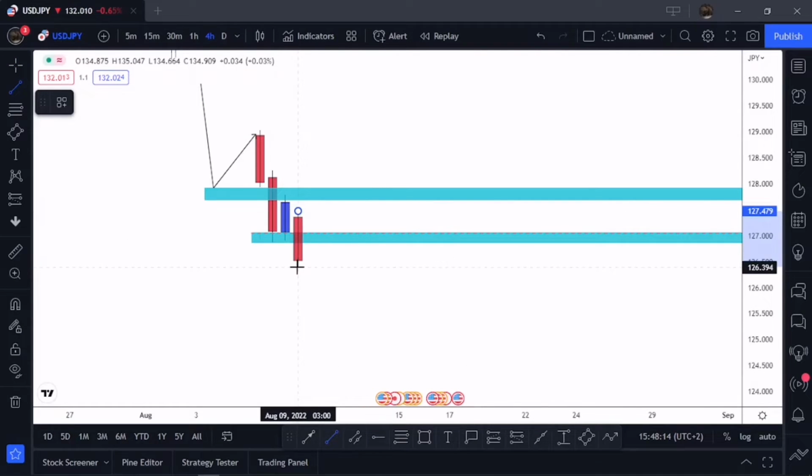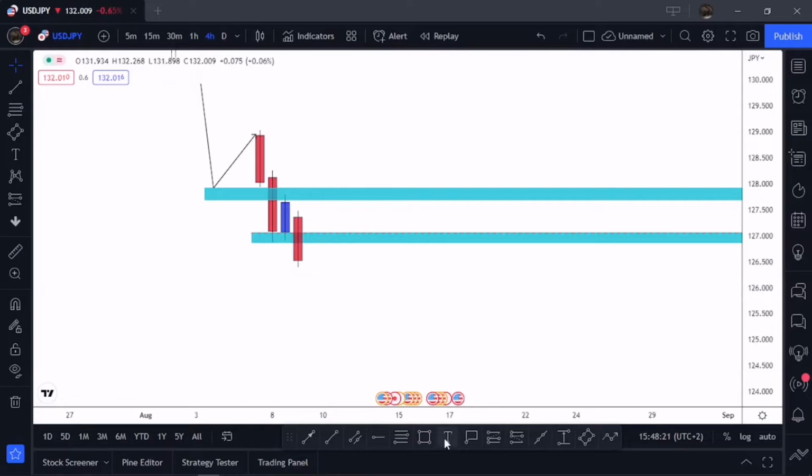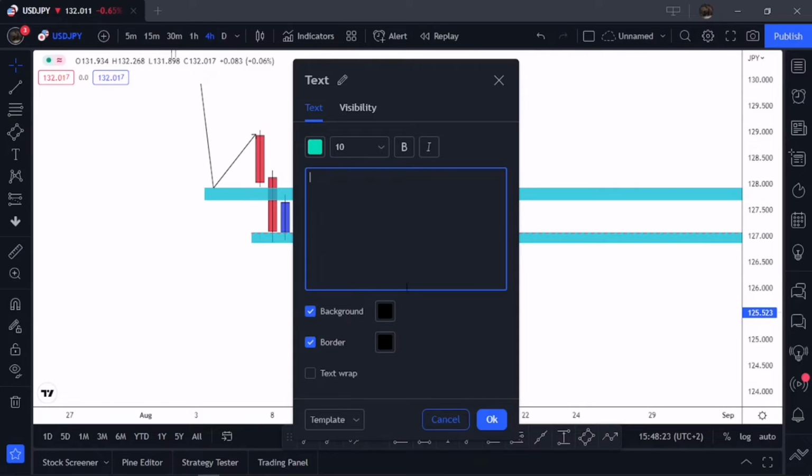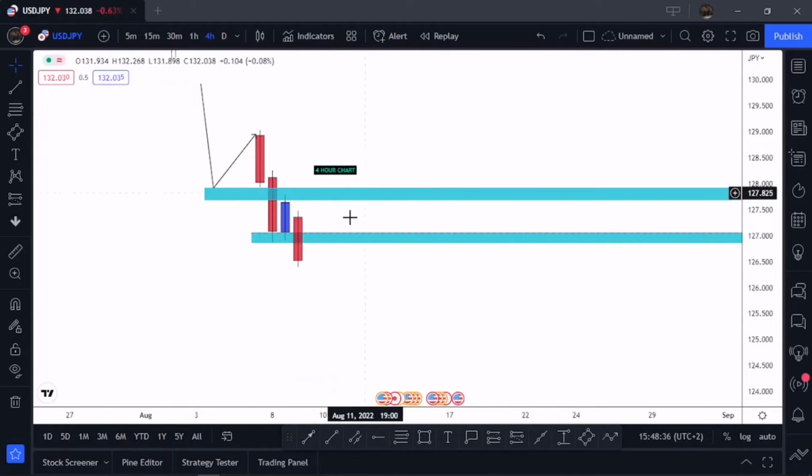We do get that next. Mind you, these are 4-hour candles, right? Just act as if this is a 4-hour chart, just keep that in mind. So these are actually our candlesticks. So the next candlestick that will form, right, might